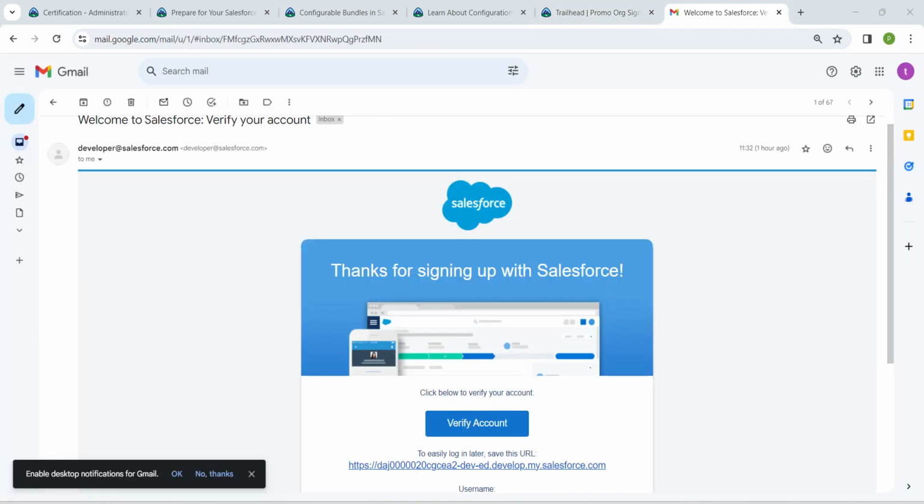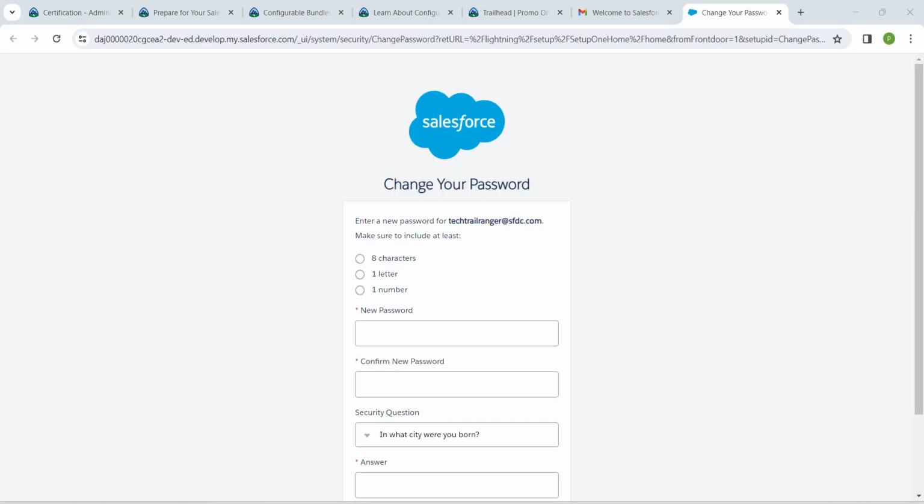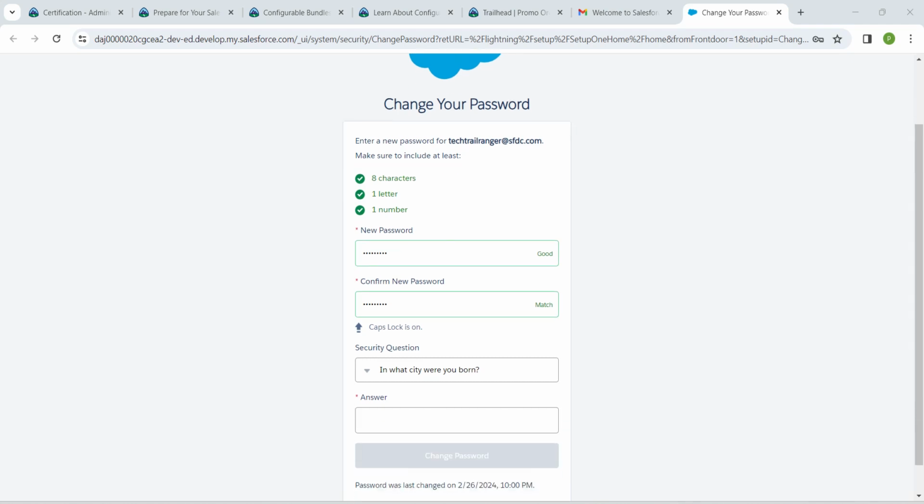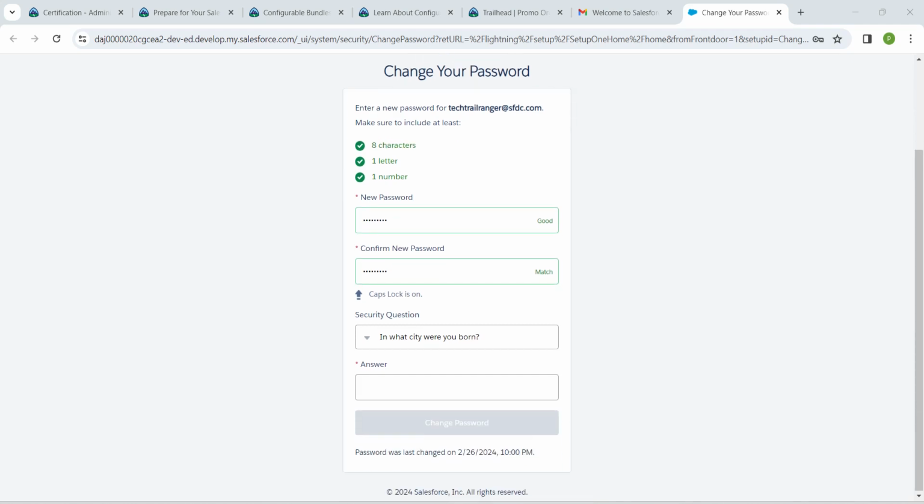So here we have received the mail. I'm just going to verify the account now. Click on verify account and we can type the new password right over here, and we can confirm the password as well, and here we are just going to give the answer for our security question. Once it is done, click on change password,